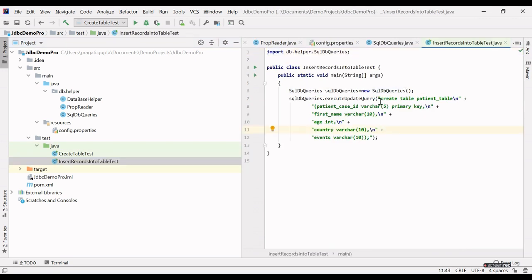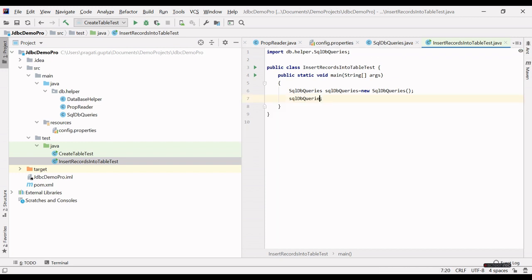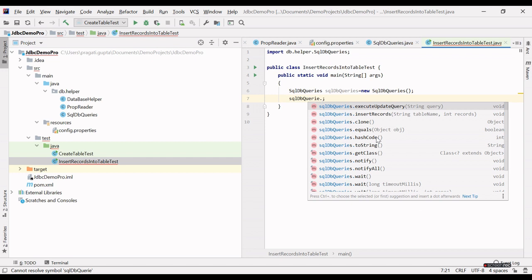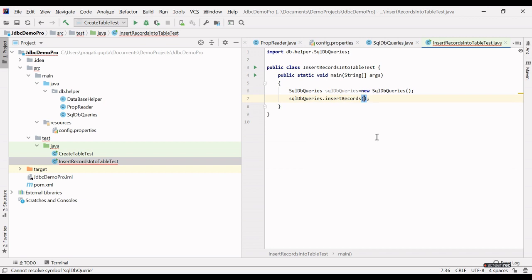Okay, and let's remove this. I will call insertRecords. I have to provide the table name, and the table name is patient table. First I will insert record 1.